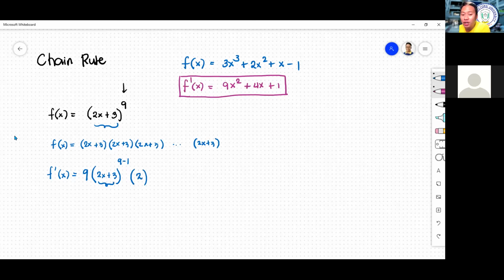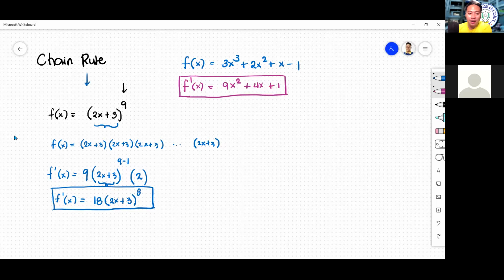Where did I get 2 here? The 2 here, guys, is the derivative of the terms inside the parentheses, which is 2x plus 3. So if you want to simplify the answer, you would get 18 times the quantity 2x plus 3 raised to the power of 8. And that's your answer